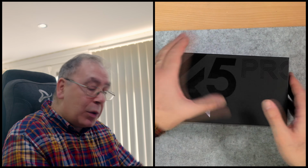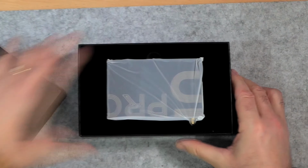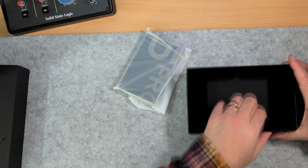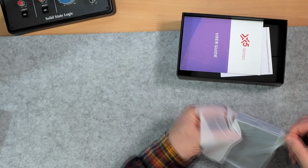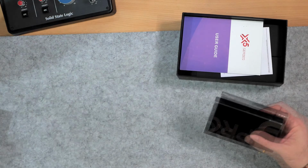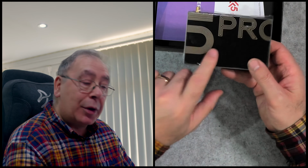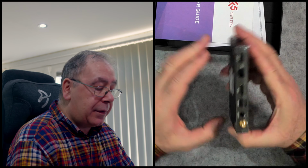Let's see exactly what you get for your money. It's quite small actually, isn't it? I quite like that. That's very nice, by the way, Tanggula. I do like this display on there like that. So we have